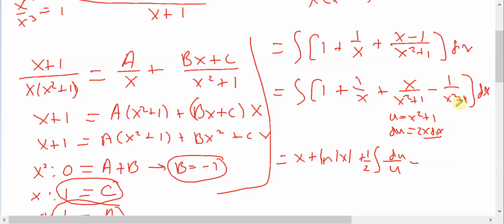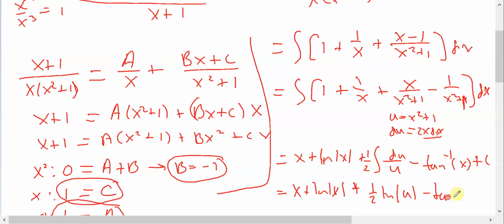And then minus, this one is, that's a 1, looks like an x. Now it looks like something completely different. Anyway, it's supposed to be a 1. 1 over x squared plus 1, we know that one is just going to give me an arctan, or tangent inverse of x. But I do need to finish that one. But that, again, is a natural log, so 1/2 natural log absolute value of u